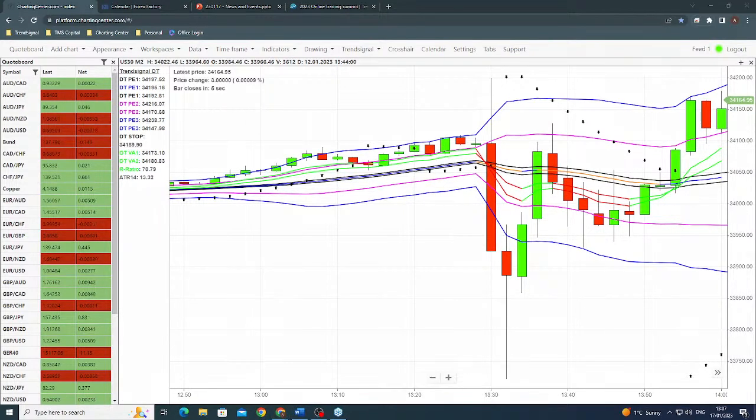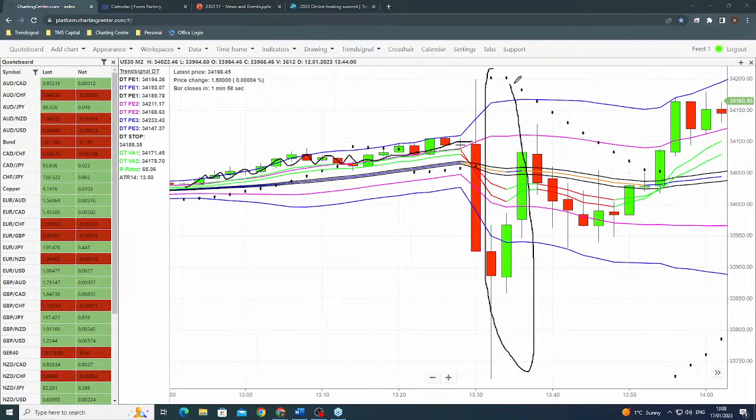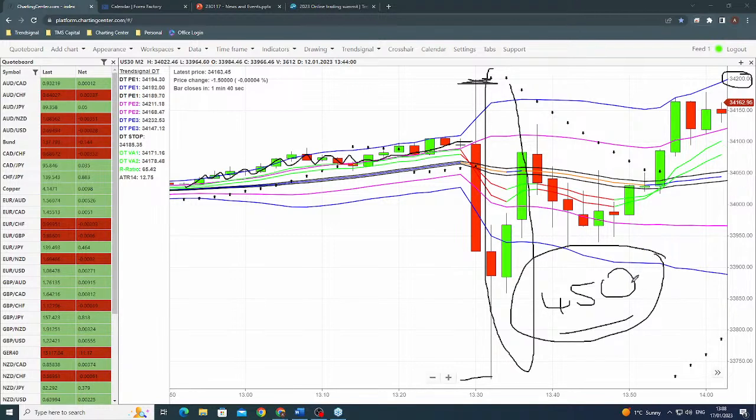So as that data came out, look at what's happening here. Small candlesticks, the market ratcheting its way here, and then wham, the data was bang on expectations. However, the stock market, the Dow, had a range of what? 34,200 down to 33,750. That is a 450 point range in 4 minutes. Why? Because that order book suddenly went really thin and it's the price flying around like anybody's business.